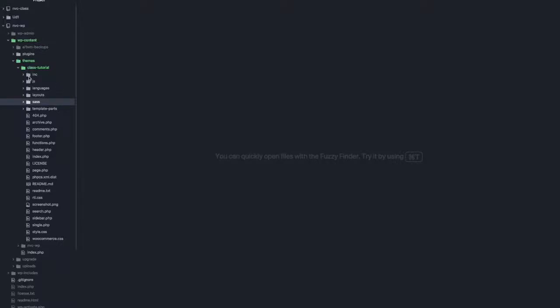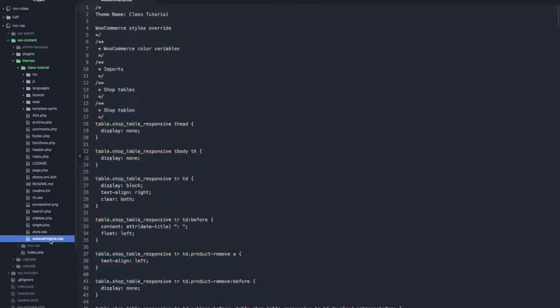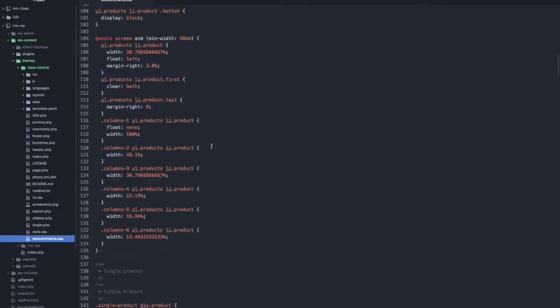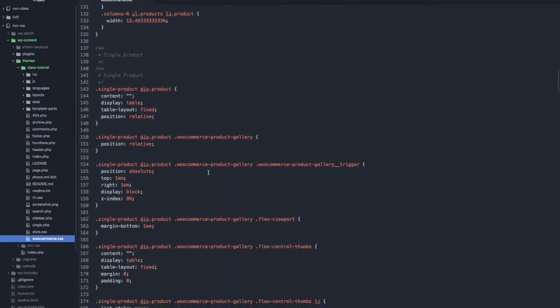So when we downloaded our underscores theme, we clicked that Sassify button and WordPress ready. That gave us this WooCommerce CSS, which includes a lot of classes, and I can open it. A lot of classes and styles already for us to support WooCommerce. If we install WooCommerce, it will have all these classes, so we can use them to continue to customize the